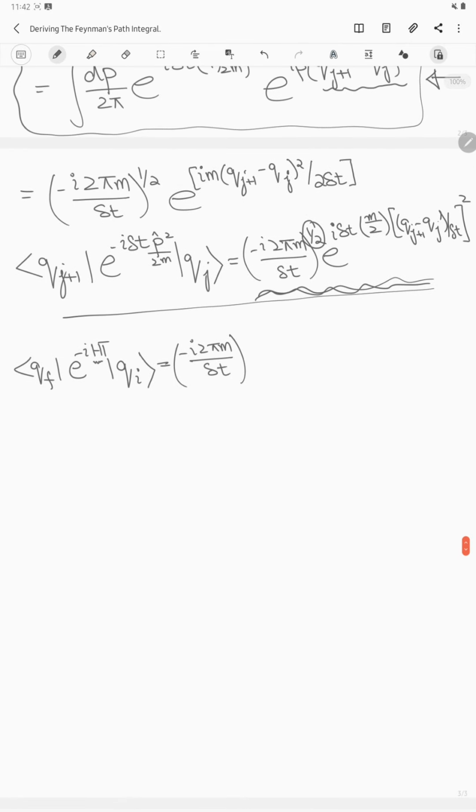So the root from here gives n/2, and then you have the product from j equals 0 to n−1,